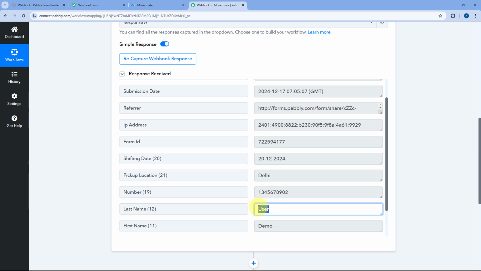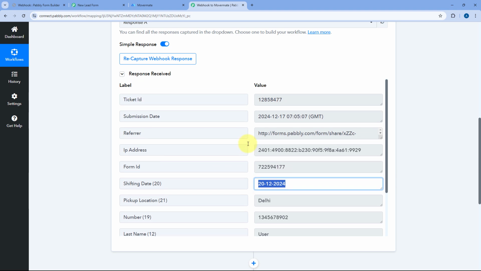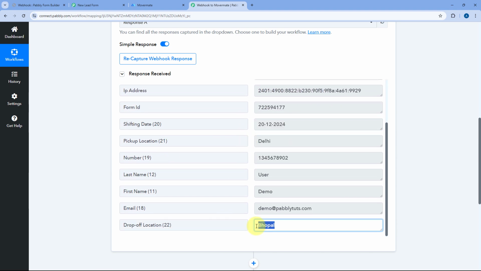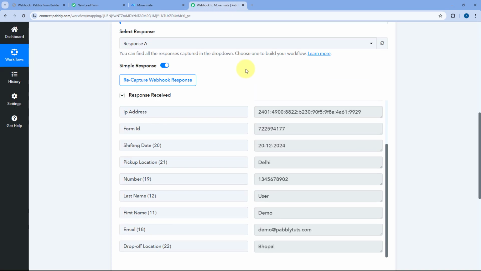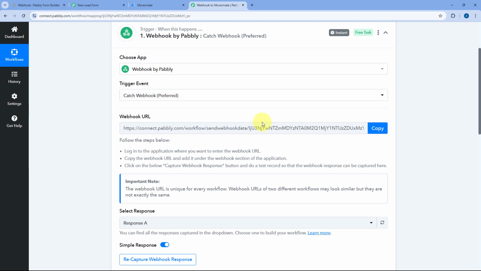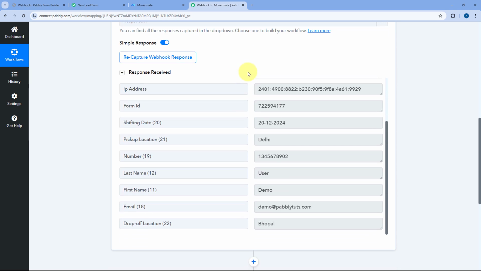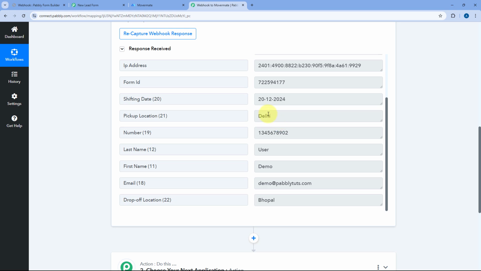We have the same name of the person, the same mobile number, same pickup location, same shifting date, and also the same drop-off location as well. This means step 1 of adding a new lead on Movermate from the webhook response is completed. We have successfully added this Pabbly Connect webhook URL in our application and received the response of a new lead. Now in step 2, what we have to do,